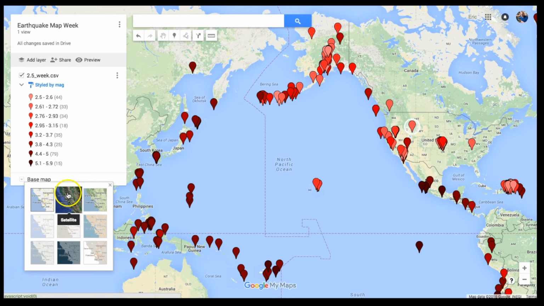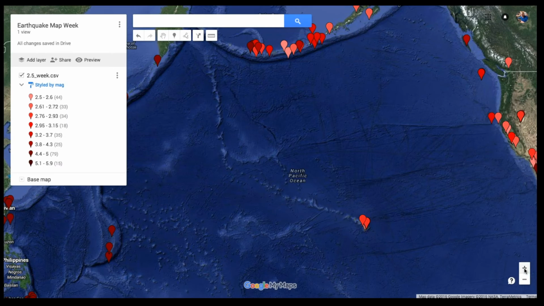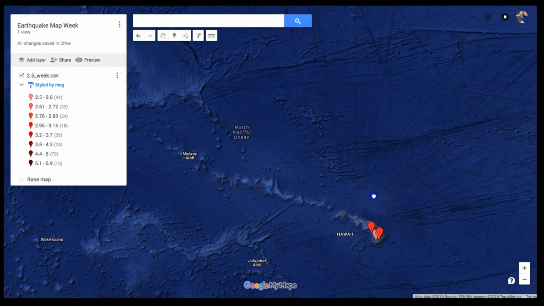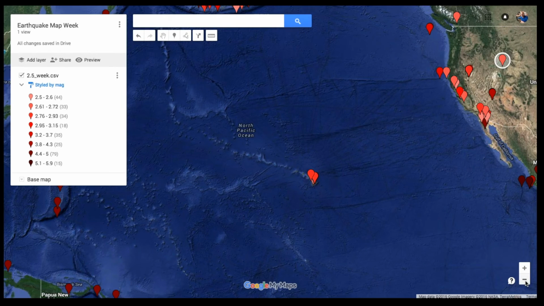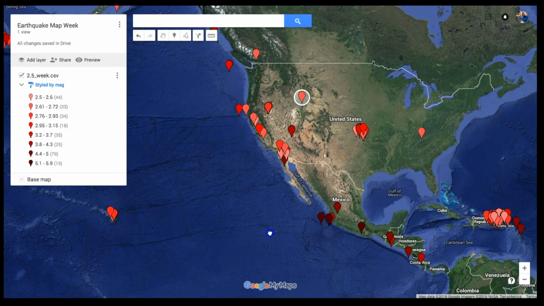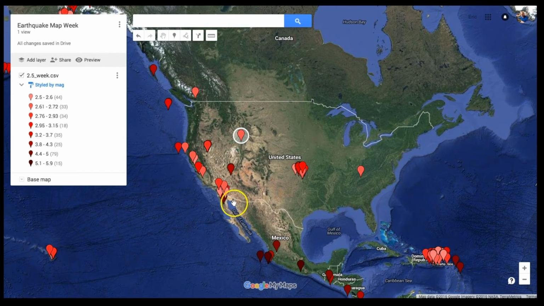but notice when you switch to the satellite map, it really gives you a little bit more information as far as maybe why this particular part of the Pacific is going to have earthquakes. So some really cool stuff you can do by just changing a little bit of the view of the maps. Now, if we come back to the United States, a lot of students are going to obviously make